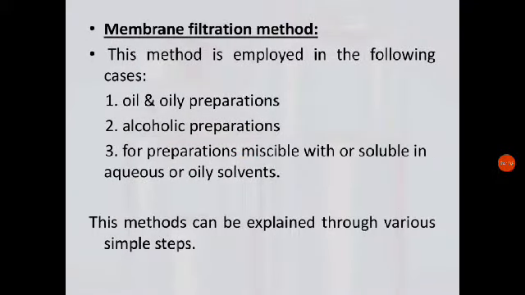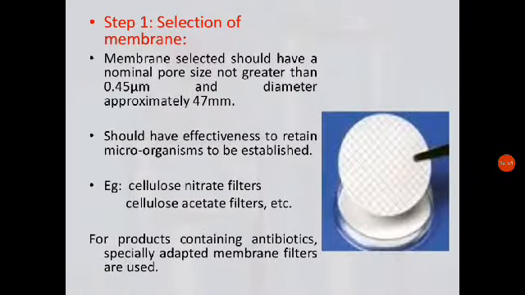So the membrane filtration method is used when the product is an oily or alcoholic preparation, etc., and if the drug is thermolabile. Here you have a special type of membrane filter paper that is made up of cellulose acetate, having a pore size of 0.45 micron, and